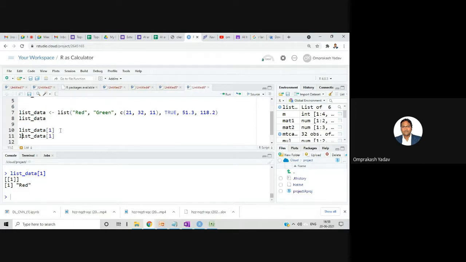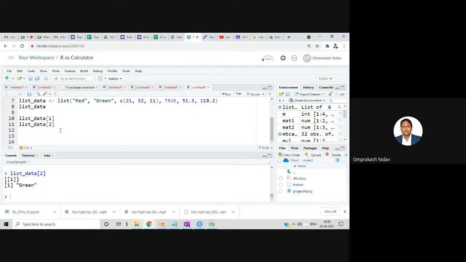Let's put 2 over here, and I'm getting green, right? Similarly, if I put 3, 4, 5, you can get all those elements, right? First red, green, then this will be shown at once, then 2, then this one. Let's see this.